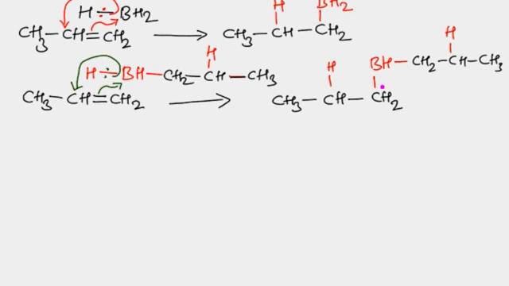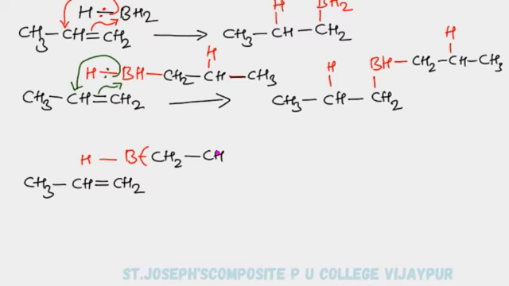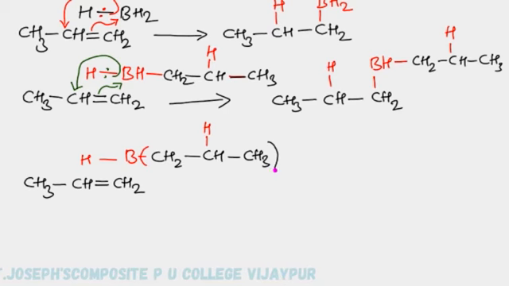Now what I will do, still there is one boron hydrogen bond there, so therefore again it can add across the alkene. Therefore I need one more alkene here, that is CH3, single bond CH, double bond CH2. Now this molecule I'm going to write once again here, hydrogen, boron. So this time I'm going to write in a different way. This is the part CH2, then CH, then here is one hydrogen, and then we have here CH3. Such two molecules or substituents get attached to the boron. Therefore I'm going to write here twice.